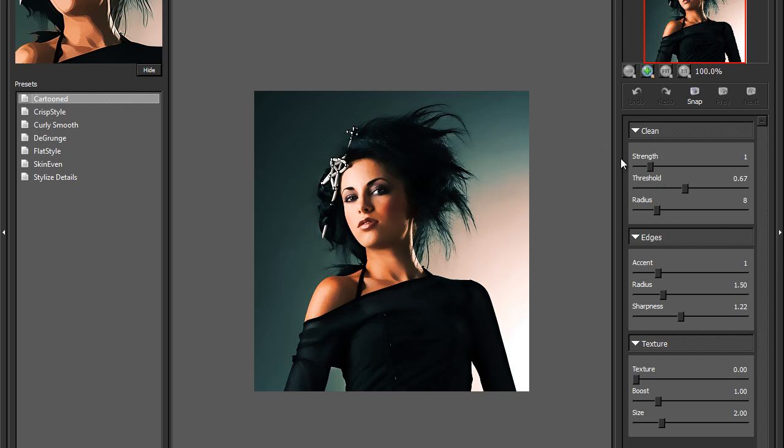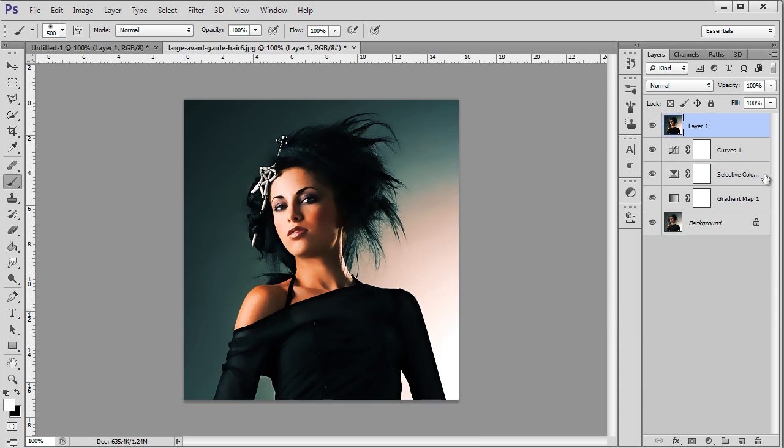So I have my settings set here. It's strength 1, threshold 0.67, radius 8, accent 1, radius 1.50, sharpness 1.22. Press OK. So you can see the huge difference in the way the image looks. One issue with this is that some parts of the image will look a bit too flat and non-sharpened, and parts that you would like to look more sharp won't be,